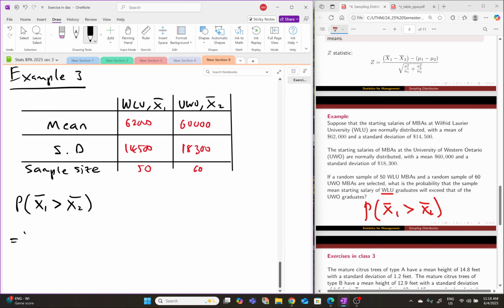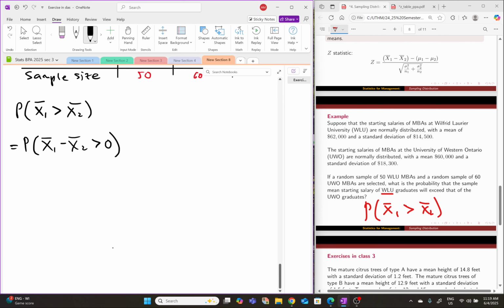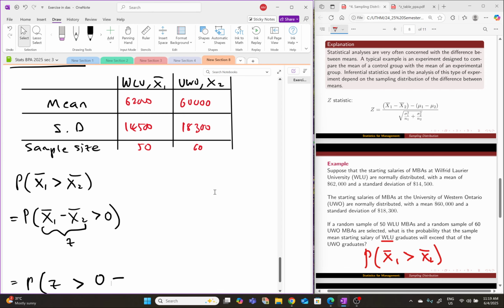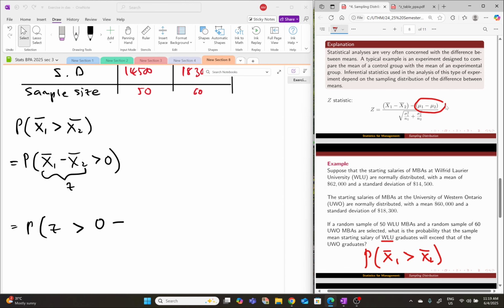You bring the x2 to the left hand side. This whole thing will become z greater than 0 minus, okay, the formula you can see here, minus this one. What is the mean one? Minus